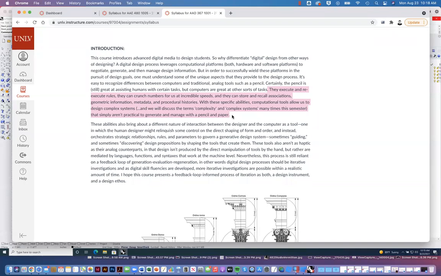And so these abilities also bring about a different nature of interaction between, I would say, the designer and the computer as a tool. Remember, we just talked about our relationship between our mind and our hand and a pencil, and our eyes. But when we use a computer, there's a different set of relationships here. We're not guiding things directly, like I would with a pencil, but we relinquish some of that control in the direct shaping of form and order. What we're doing is creating a set of relationships, histories, rules, and parameters